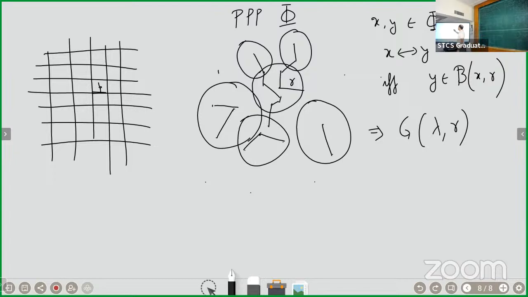Think of starting from this particular node. Count all its neighbors. When you go to their neighbors, some of these neighbors are already counted. So the expected number of new neighbors for this guy is only going to be smaller than the previous. So can you give me an argument, a number in terms of lambda pi r square,